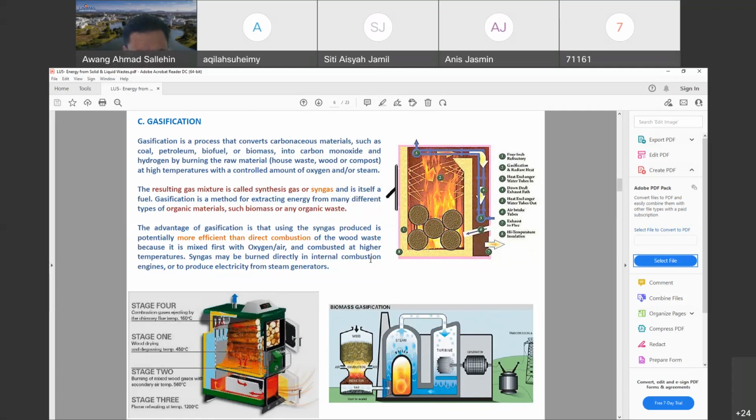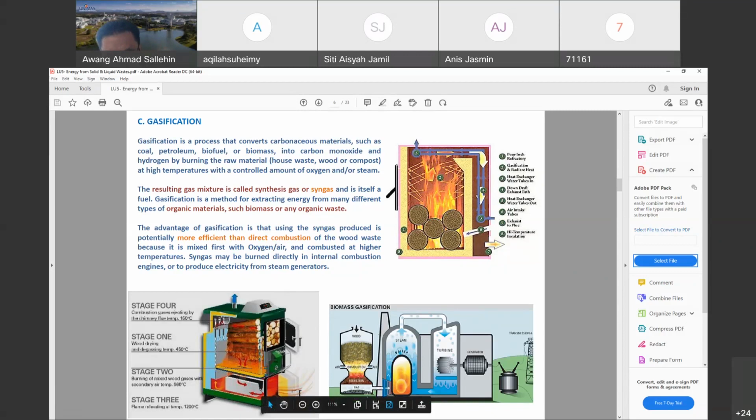Okay, so there are different stages whereby you have stage one, the burning of wood, the wood drying and also degassing. And then stage two will be the burning of the mixed wood gases with secondary air temperature. And then the third stage will be the flame reheating at a much higher temperature of about 1200 degrees Celsius. And then from there, it goes to stage four, whereby the combustion gases will be ejected by the chimney. Okay, so